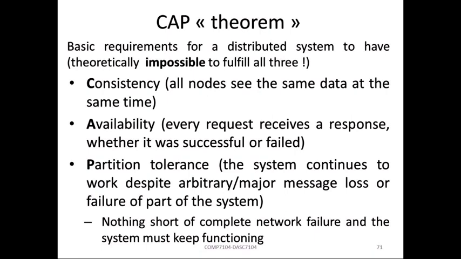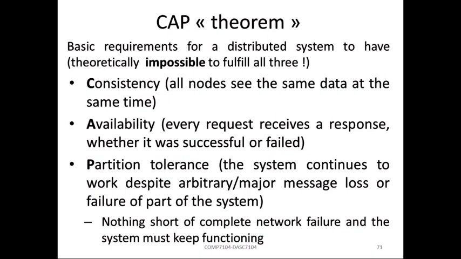So nothing short of a complete network failure and the system keeps functioning. And basically this theorem says that in the presence of network partitions, so when we have a largely distributed system, it's impossible to have at the same time